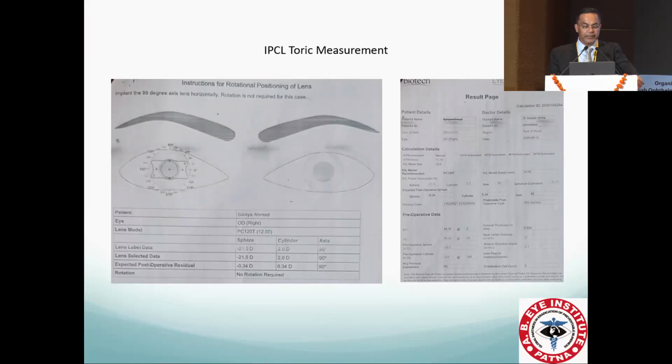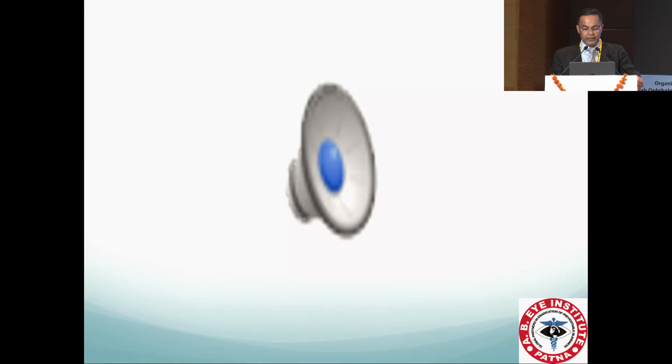In this, you will remember that in Star ICLs, the hole on the top is on the right side. When you are implanting, you have to make sure that the hole is on the right side. In Biotech ICL, it's on the left side on the top in Biotech IPCLs. And in this video, I want to show you